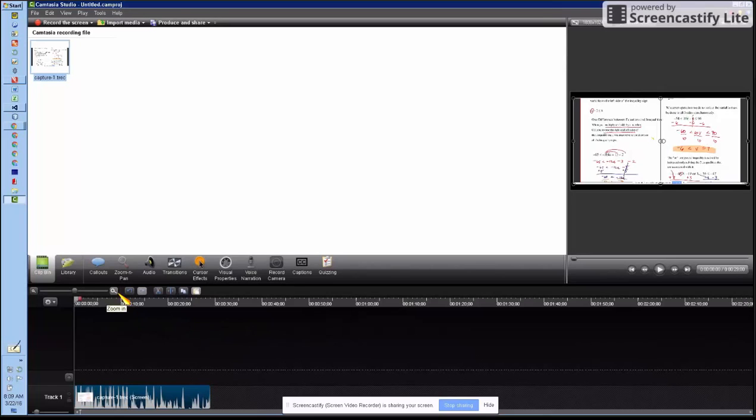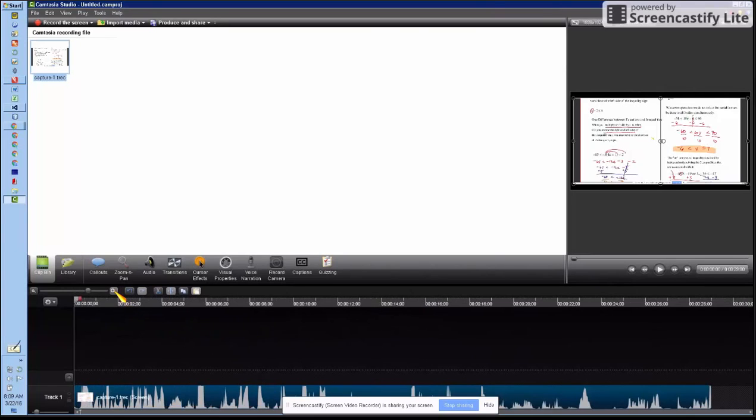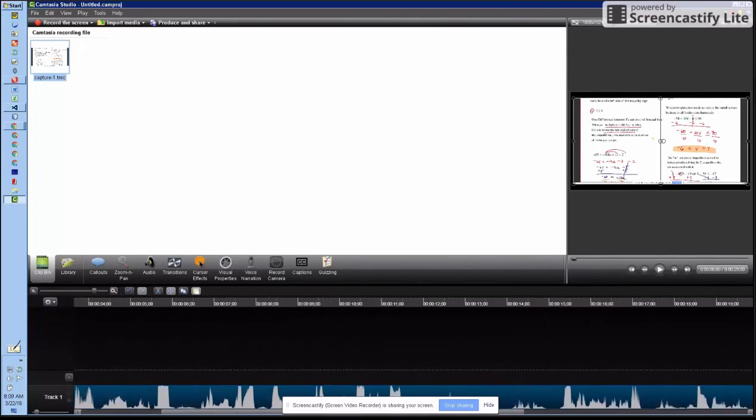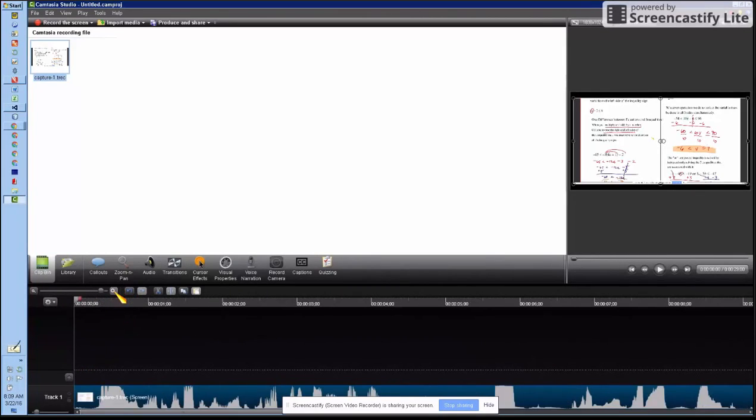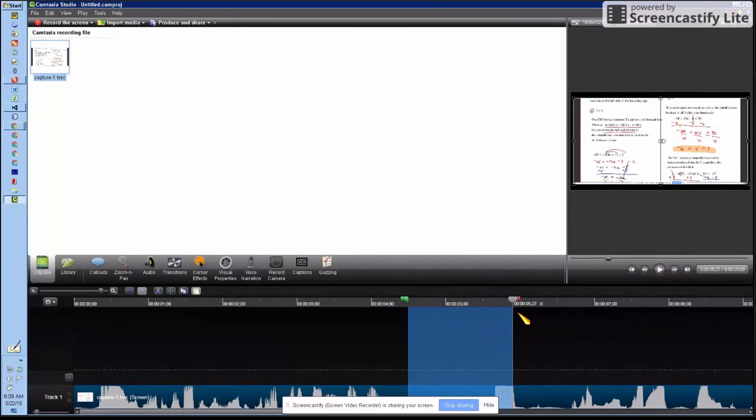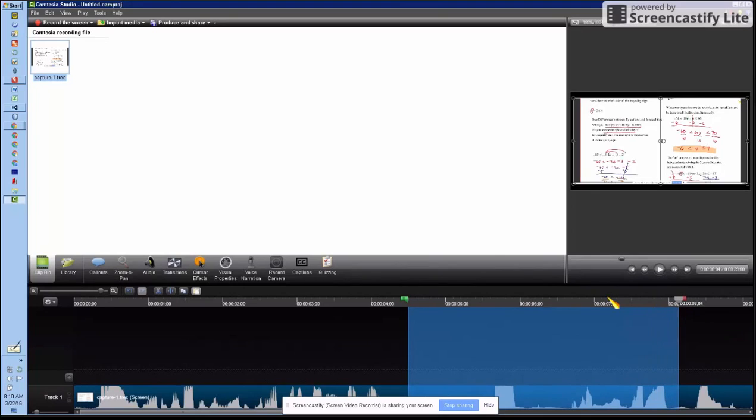So let's say that there's a portion of your screencast that you don't like and you want to cut. Well, what you do is you hit that button so that it expands. You find the spot, and then you drag this little red button, and you right click,